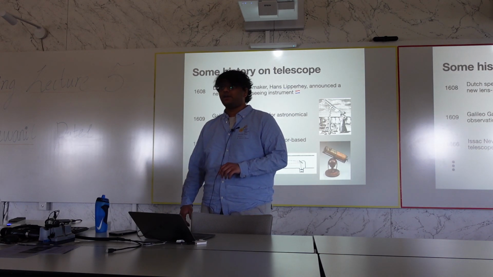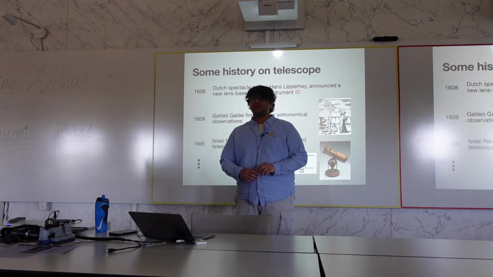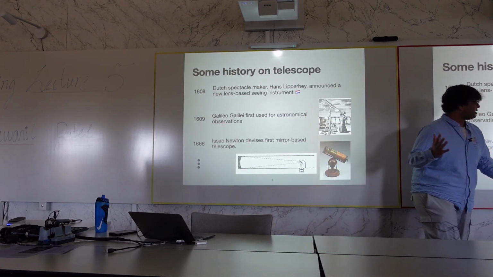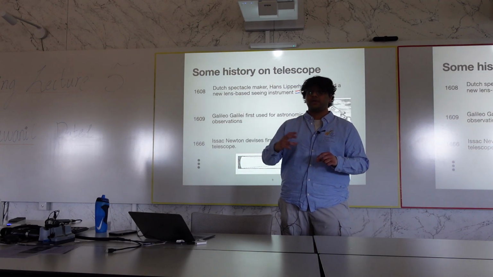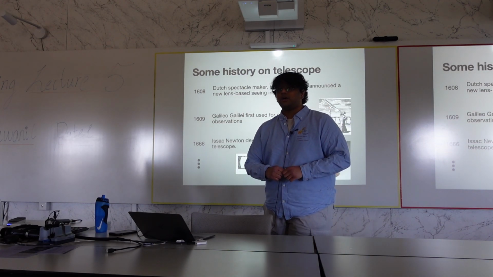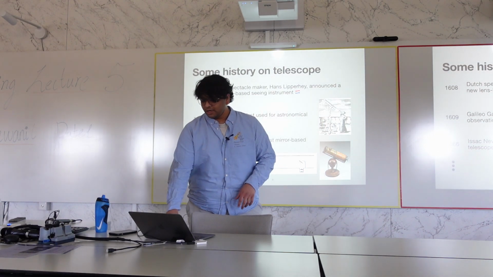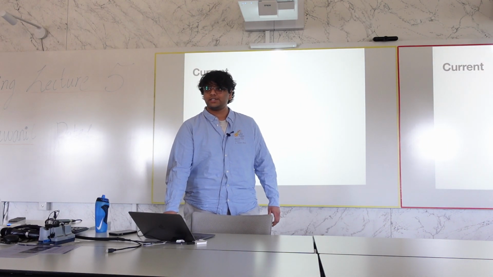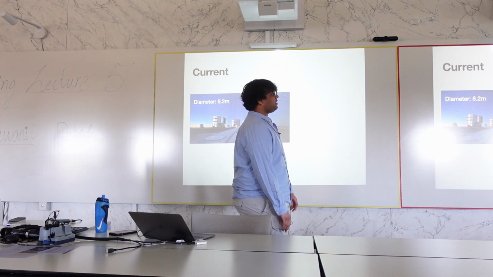Then a few years later, Isaac Newton devised the first mirror-based telescope, which you can see over here. It was a really small telescope, you can hold it in your hand, and it used two mirrors, one mirror which focuses the light onto a really small mirror, and then you can use an eyepiece as a detector to see the stars. Now, moving a few decades or even a couple of centuries ahead, we have the VLT, which is